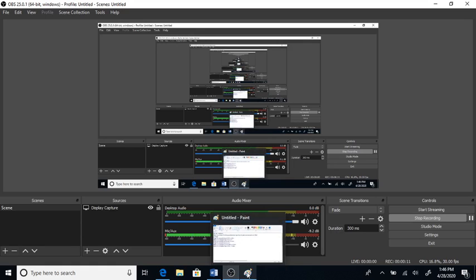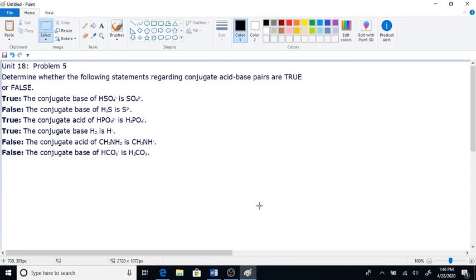Problem 5, Unit 18. That's what we're doing right now. All right, here is our tough problem of the day. It is Problem 5, Unit 18, Acids and Bases. And these are the answers here, but we're going to go through these and talk about how I would do this problem. Well, first let me give you an example of these